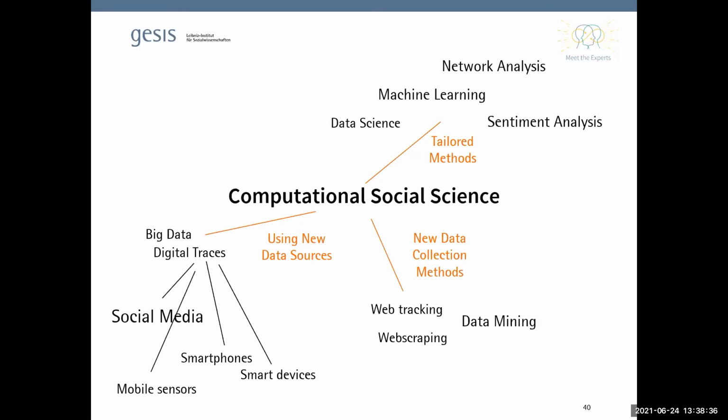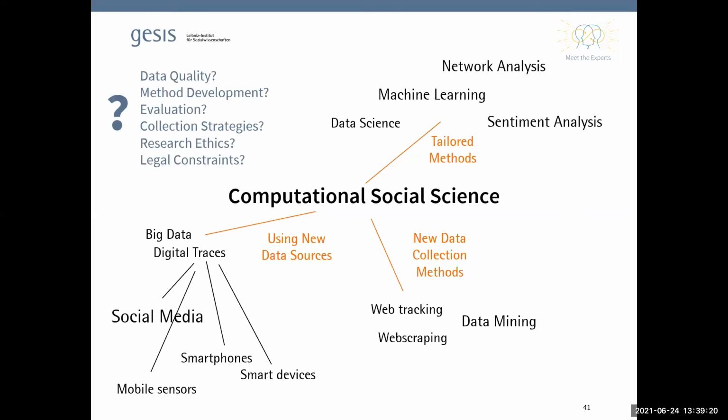And then finally, in the upper part of the figure, you see the buzzwords, so to say, for which kinds of methods are being applied. Again, there's much more also happening here, but just to give you a few of the very popular ones, we've got sentiment analysis as an example of natural language processing to deduce meaning from written text. We've talked a bit about machine learning approaches that help to sort through big data sets, but there are also network analysis approaches in many areas. And often all of this is somehow labeled under the umbrella term of data science that you might have come across also.